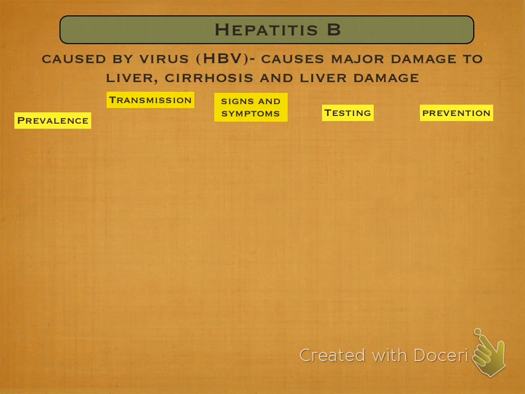Bottom line is, you have been vaccinated against it, so you basically don't have to worry about it, but you still need to know about it. All hepatitis affects the liver. What does the liver do for your body? A couple of things. It filters the blood. All the blood filters through the liver, and the liver filters out impurities. The biggest thing that you need to know about what the liver filters out is alcohol.